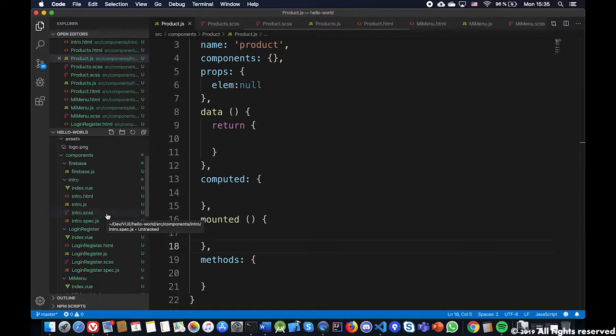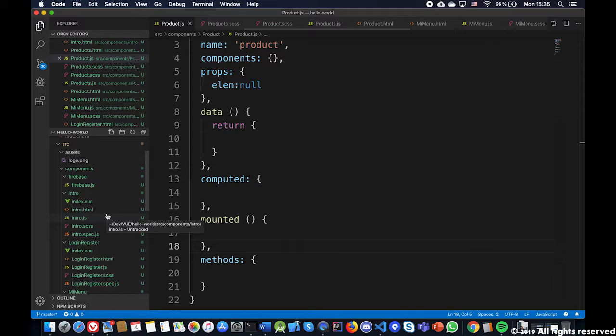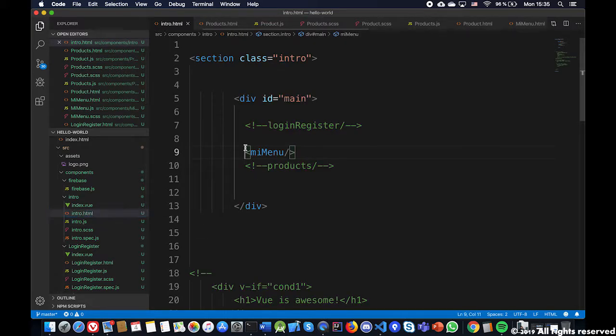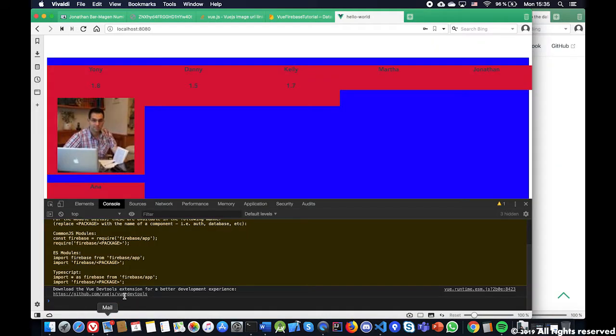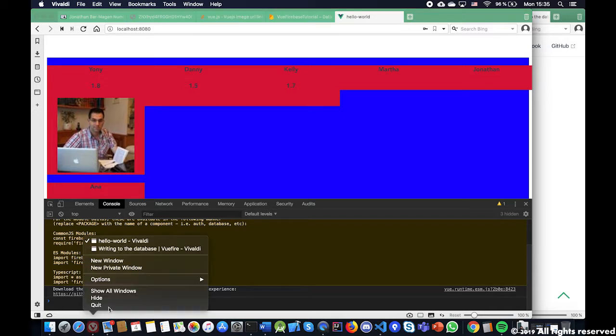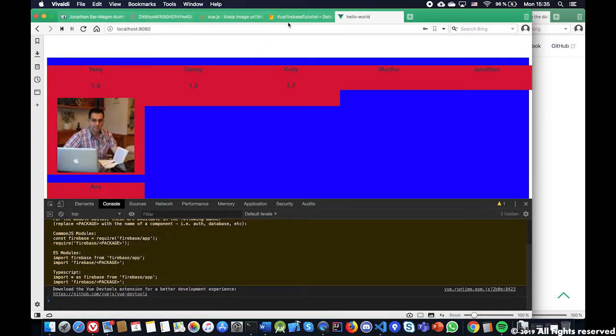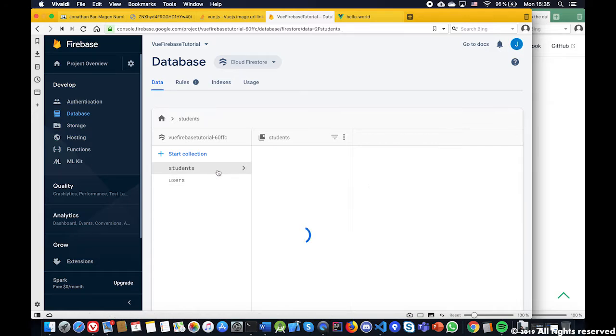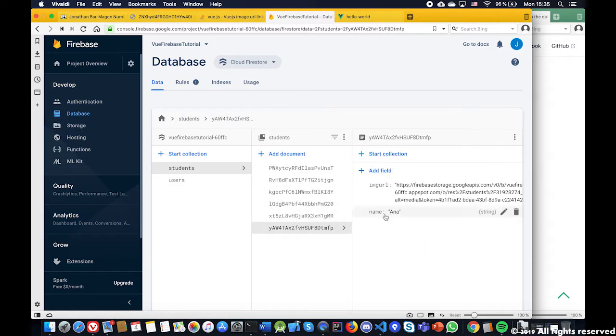To do that, first of all, I already have a component created called products, okay? And the products component will be a big component that will contain many sub components. Okay, so let me just take out some stuff here. Here we go. I'm gonna clean up the students part and take out the